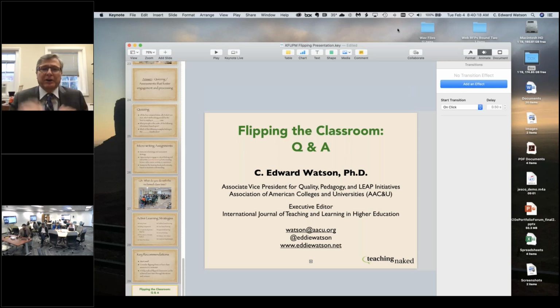But there are a lot of larger models too, like first-year experiences that have all of these elements embedded within them. Study abroad is shown to be a very effective learning strategy. The use of electronic portfolios where students might collect their work over time, and then at some point there would be an assignment within a class where students would have to go back in and look at the items in their portfolio and describe, reflect upon, and make meaning of how these things fit together.